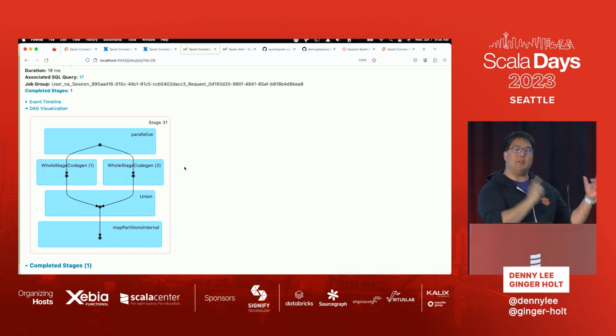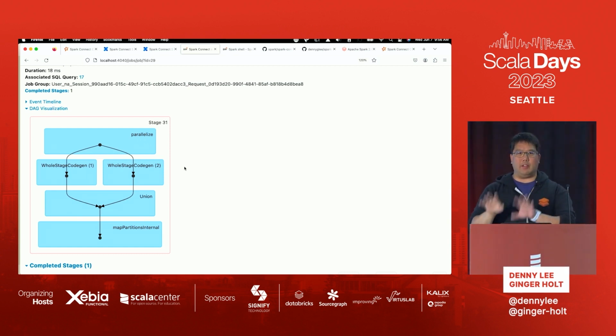In the case of Spark Connect, now these demos don't show this, but this is an important aspect. The client makes a submission, and it can be done asynchronously now. So you can make the submission, you don't have to wait. You can disconnect, and provided you have the ID of the submission, you can reconnect to the Spark Connect server at a completely later date and request the information back.